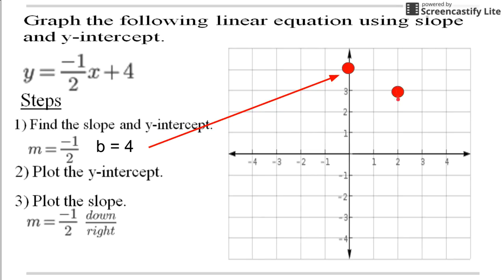And then I can keep going. I can go down 1 and to the right 2 again, which is what most of us would do. But if I ran out of room, and let's say I didn't have